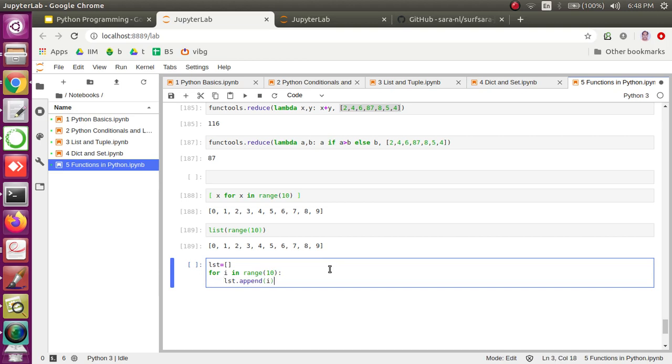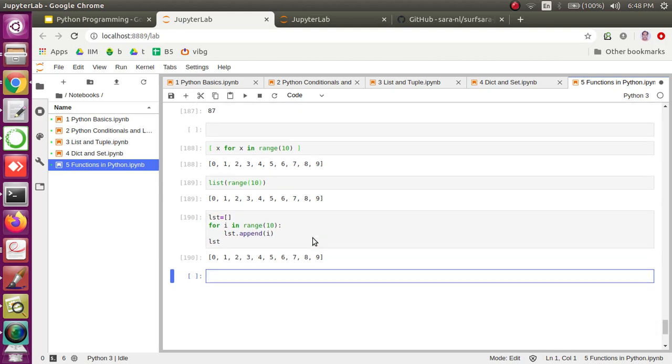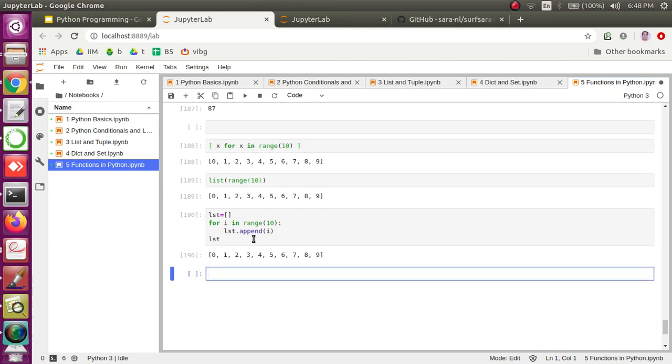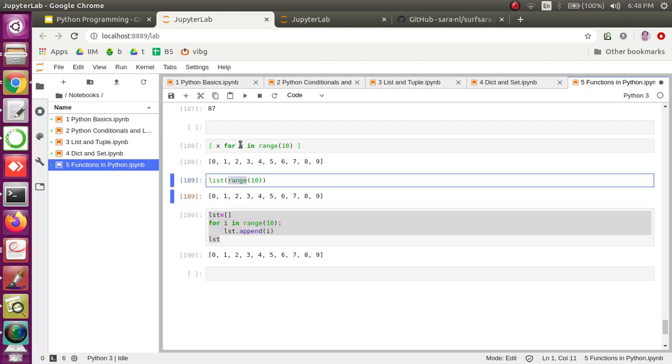Okay, so this also gives you a list. So what is the difference then? There are so many ways we are trying to do this. This is obviously a little complex, and it doesn't make sense when I can do this in a single line, either this or this one, right? So for this particular quick generation of a list, line number 189 could be the better option, obviously, but